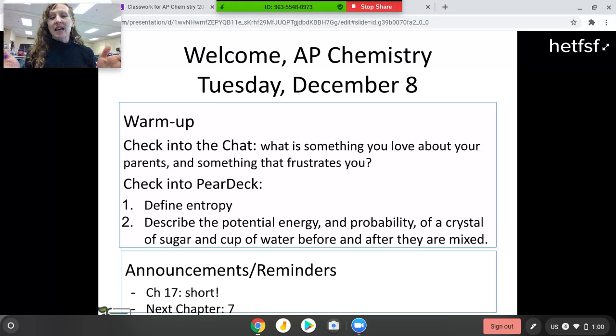Once we get to the end of the chapter, you'll see that there are really two things we can look at to talk about spontaneity. You can look at entropy of the universe, and if you calculate entropy of the universe to be positive, your system's going to be spontaneous. But you can also look at free energy, and if free energy is negative, the system is spontaneous. So if entropy of the universe is positive, free energy is negative. And if free energy is negative, then entropy of the universe is positive. Those two go hand in hand. Got it.